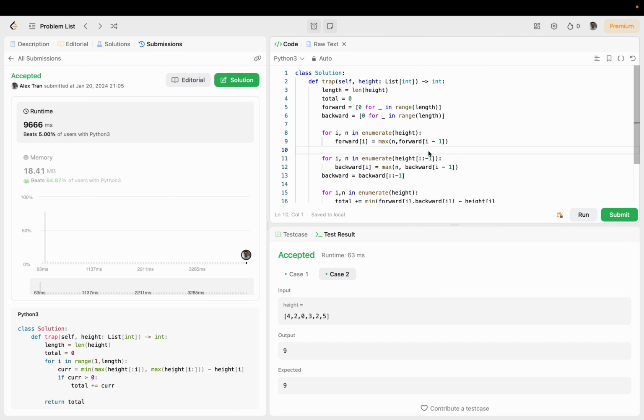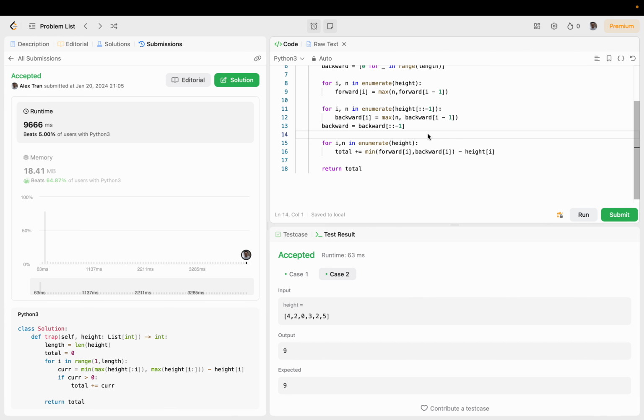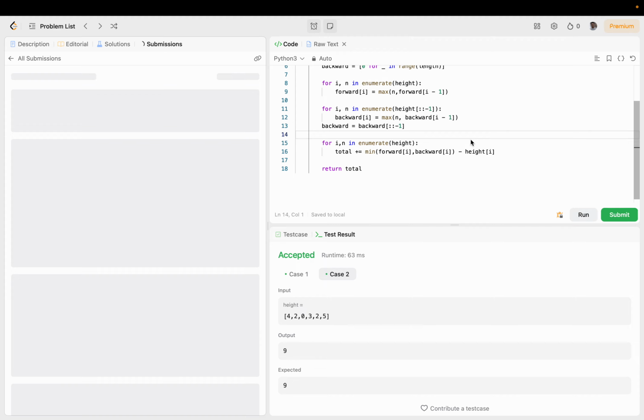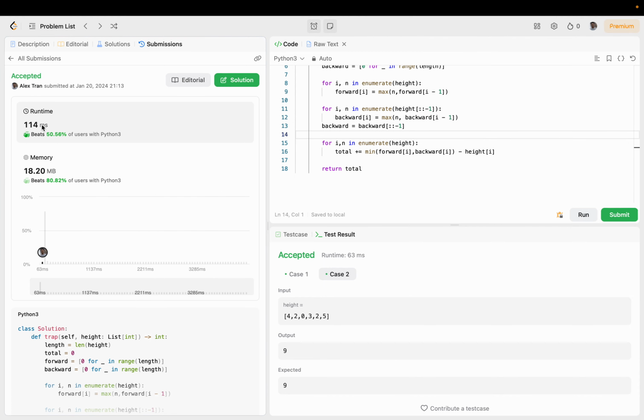I didn't realize this optimal solution until I looked at the sequence that it printed out, and I recognized it right away. And yeah,